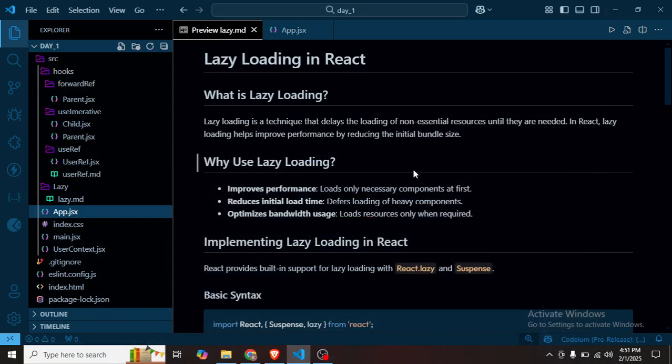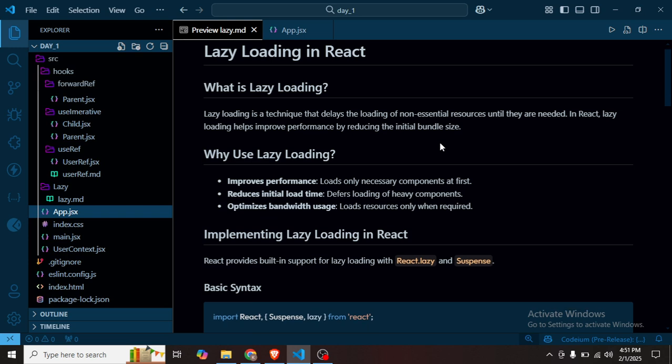In this video I'm going to cover the React performance topic which is called lazy loading. So here you can see the definition of it. Lazy loading is a technique that delays the loading of non-essential resources until they are needed. In React, lazy loading helps improve performance by reducing the initial bundle size. Okay, so it is helping in the bundle size